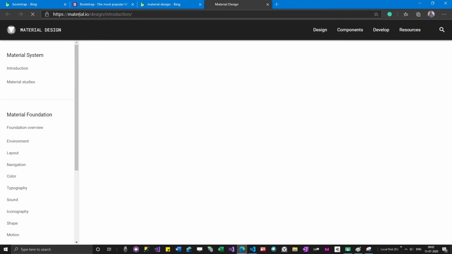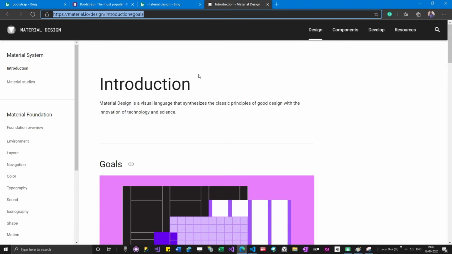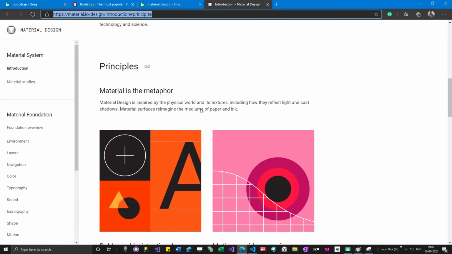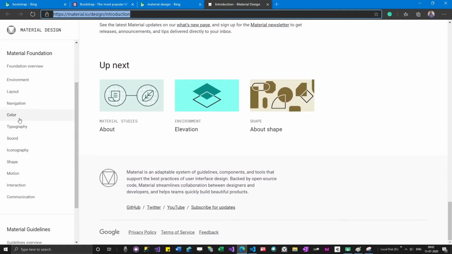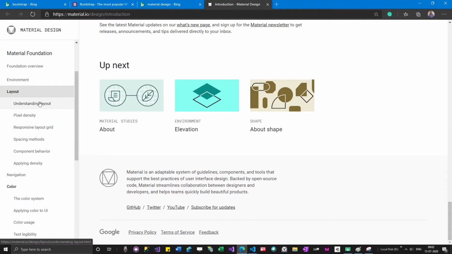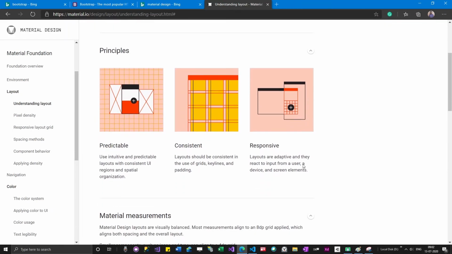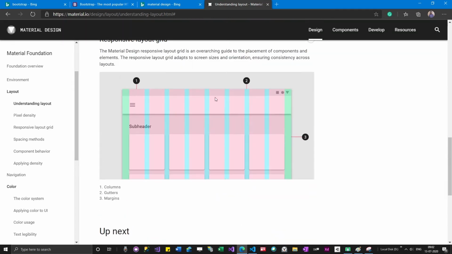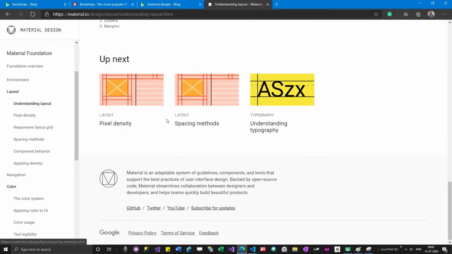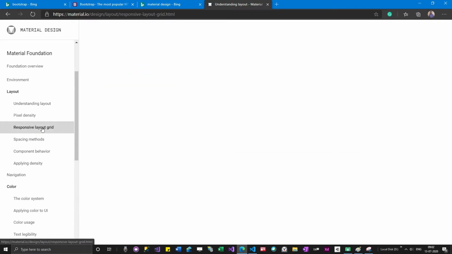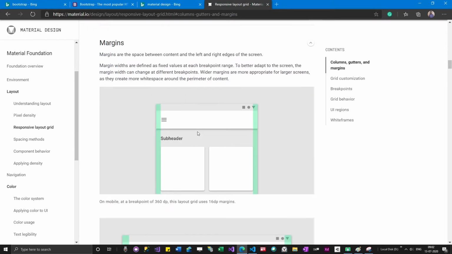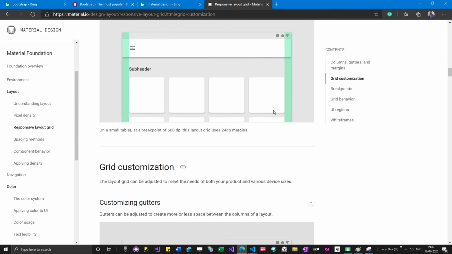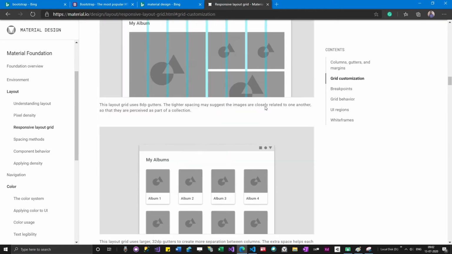Okay, so you can go to this site and check when you get some time, but this doesn't have much information. Let me scroll. If I go to layout, for example, understanding layout, responsive. Here also they are breaking out the UI. There will be a lot of information on this site. You can go through it when you get some time. You don't have to read anything from this site, but try to understand what they are saying.